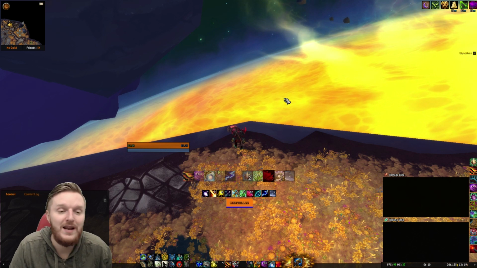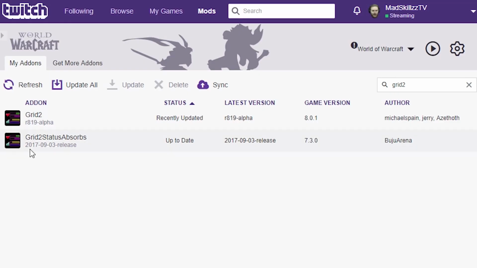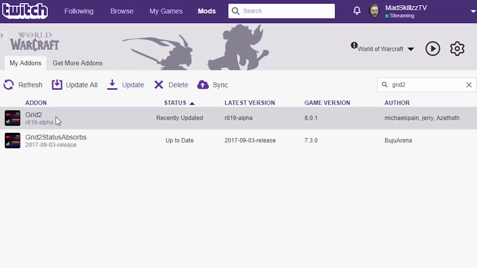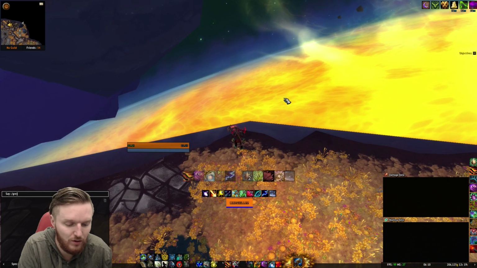Now, another really important thing, before you actually download the Grid2 profile, I really advise people to use the Twitch client. The Twitch client is really fast and easy to use to actually enable the alpha version of Grid2. Once you enable the alpha version of Grid2, you can go to your Grid2 again,